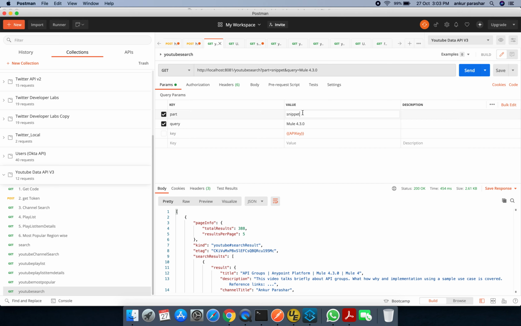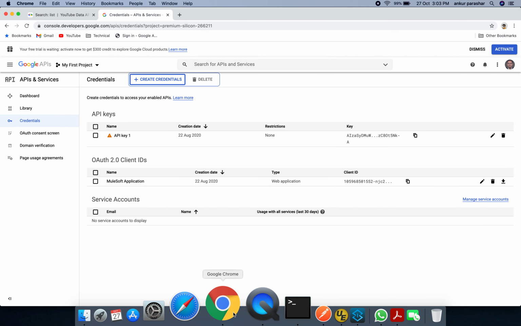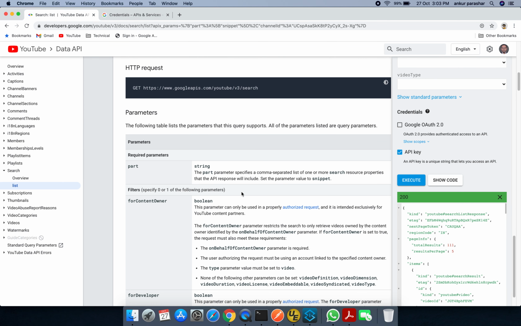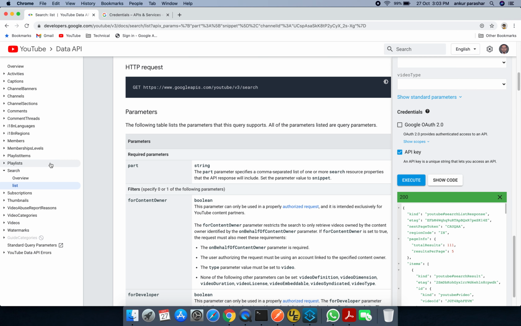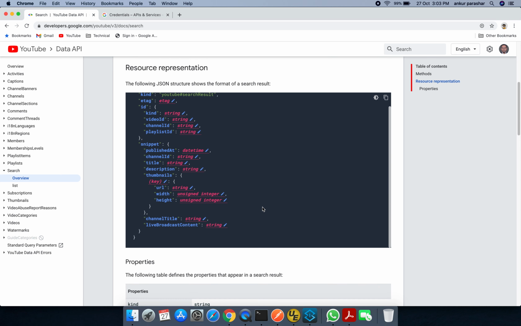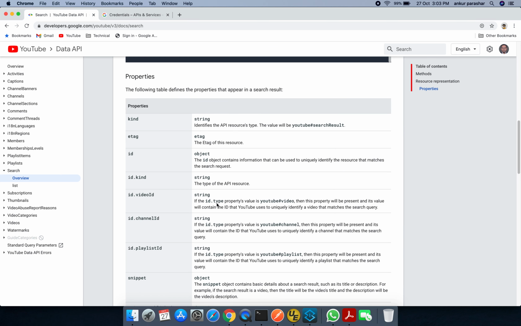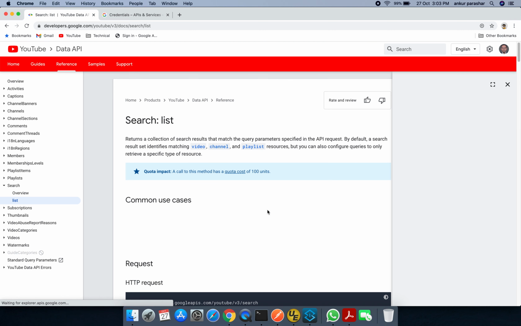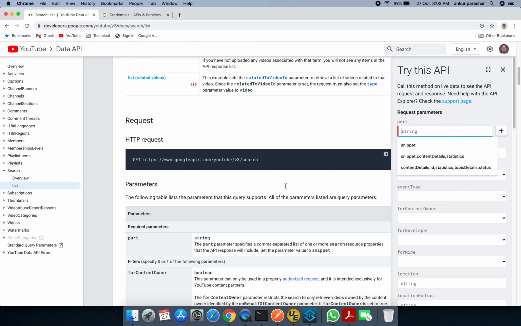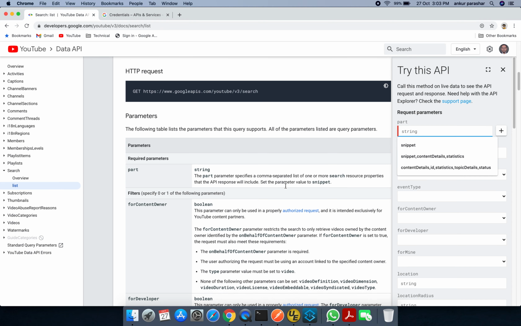Apart from snippet, there are multiple other options available. To understand more about it, I suggest you go through the possible values. Let me show you. Content details, statistics, ID, topic details, status, you can put many different such combinations.